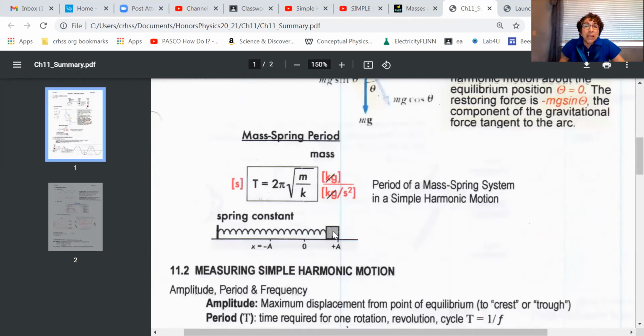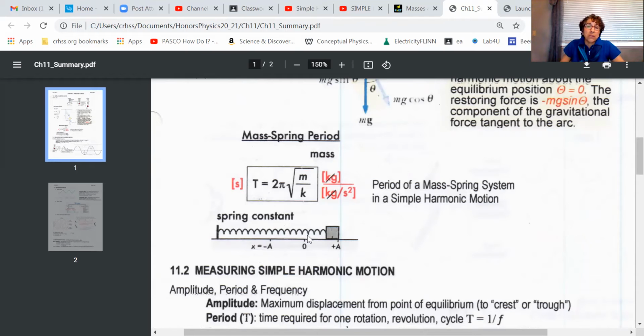Picture a spring attached to a mass. So I've got this box attached to a spring and I stretch it out and let it go, and boing, boing, it's going to go back and forth. A period is from one place where it was back to that place again. So let's say the unstretched point, stretch it out and it goes past it, comes back to that unstretched point,